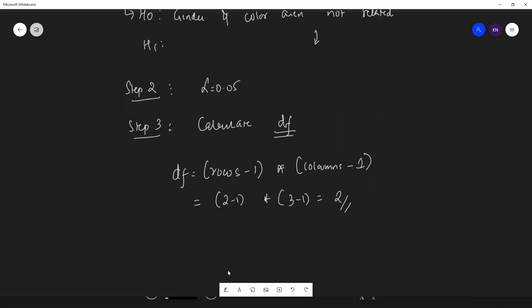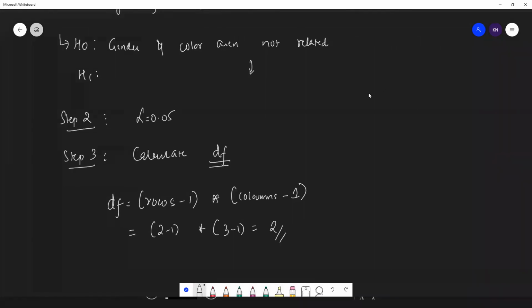Do you know what step 4 is? State the decision rule. With degree of freedom 2 and alpha equal to 0.05, what is the decision rule? If chi-square is greater than 5.99,